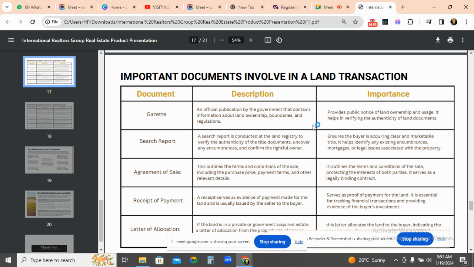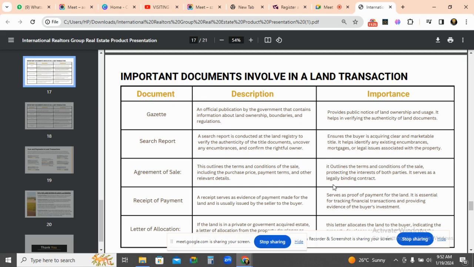Agreement of sale, or rather, it is also called sale agreement. When somebody wants to buy a house or a land, there needs to be an agreement between the seller and the buyer that spells out the details, the payment structure, the purchase price, and every other relevant detail involved in that transaction. So that is what the sales agreement does. It is an agreement between the seller and the buyer to exchange value. You understand? To exchange value.